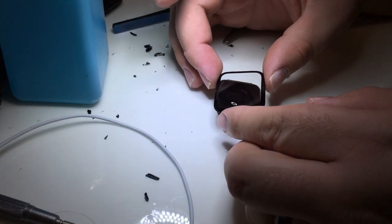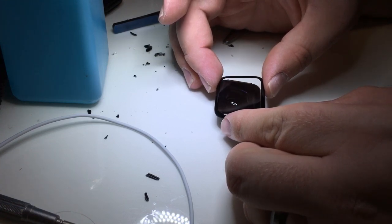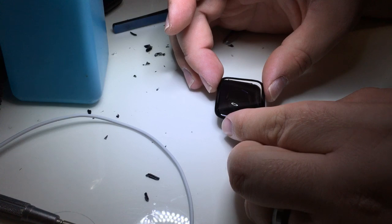Now this next part is where I have to be careful because I want to set the screen down extremely slowly, and if you're wondering if the video is paused, it is not. It is me simply being extremely careful and approaching it at a very slow pace. I want to watch the Loca only touch the glass in one spot and then it will spread, and if